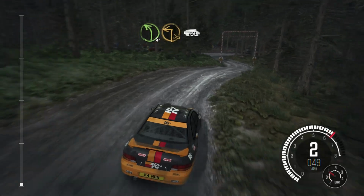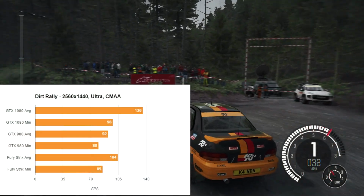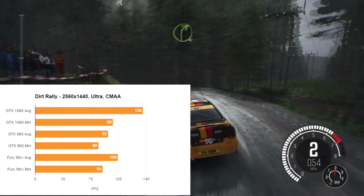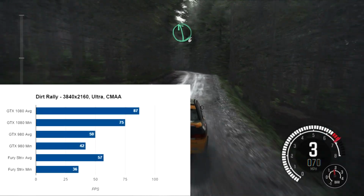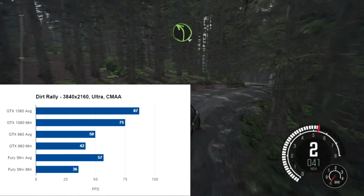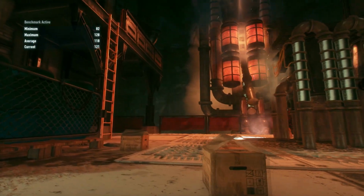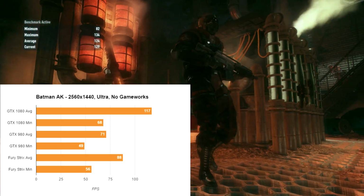Moving on to Dirt Rally, and well, the 980 was an incredibly impressive card when it came out, running this game without a hitch at 4K. But with DisplayPort 1.4 coming out and high refresh rate 4K monitors, this is definitely something you're going to want to try with the 1080, because it literally destroys the competition with 87 frames a second at 4K. Very, very impressive. Now, the final game in the benchmark tests was Batman Arkham Knight, and again, the GTX 1080